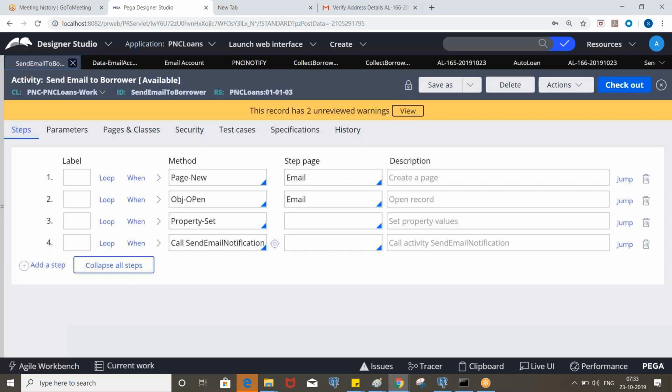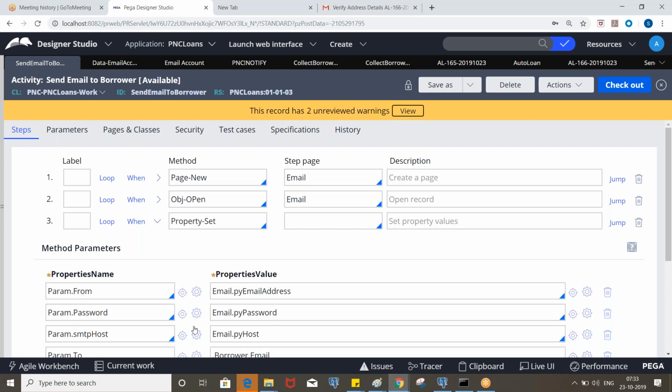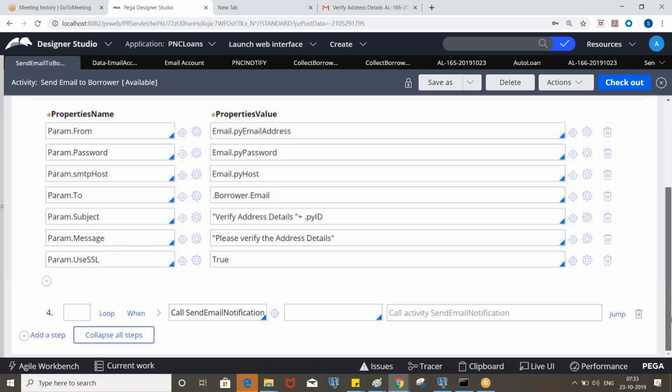Yeah. But here we cannot directly assign the correspondence rule to this message property. Okay, so we have a separate method called property set cur. We need to use that.